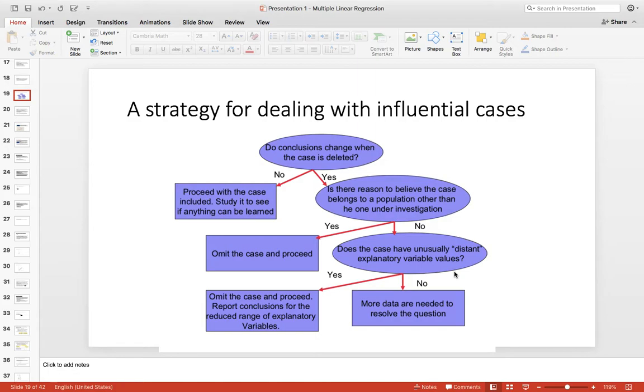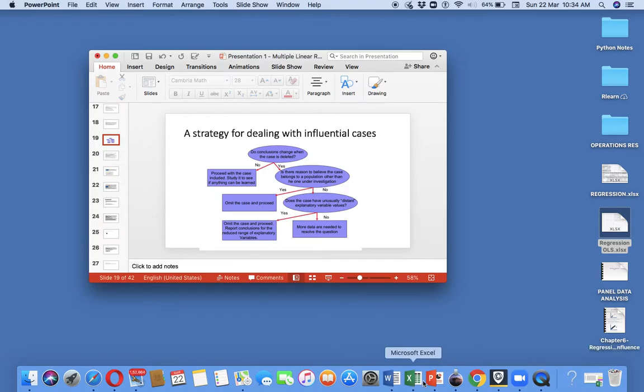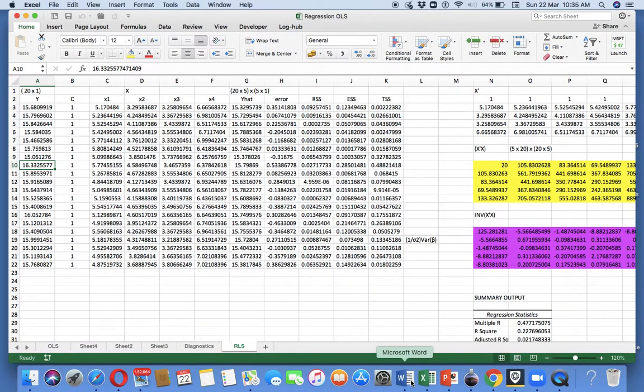But then when you make the inference, you must make a point to say that these results are tantamount to excluding the one case. Like supposing you're doing some analysis of bank performance. State Bank will always look like an outlier, which it really isn't. It belongs to the same population. But in the interest of getting a better estimate, you may leave out State Bank. So whatever inferences you draw, you must mention that these inferences are drawn with State Bank excluded from the data set. If the answer is no, more data is needed to resolve the question. So this is in brief what I wanted to tell you about the theory of influence. Now let me show you an example.